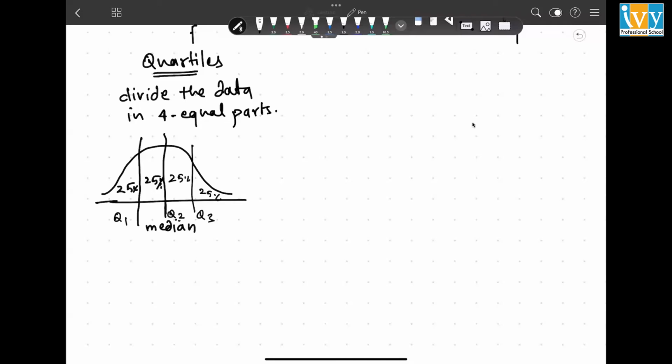Why is it important for me to know this? Because if you know in your data column that Q1 is this much, then before Q1 you will typically see the outliers over here. This is where the outliers will live. And after Q3, this is where the outliers will live. So I know that in between Q1 and Q3, I have the best data, free of outliers, also known as the interquartile range.